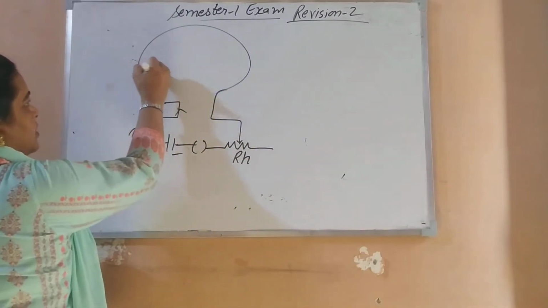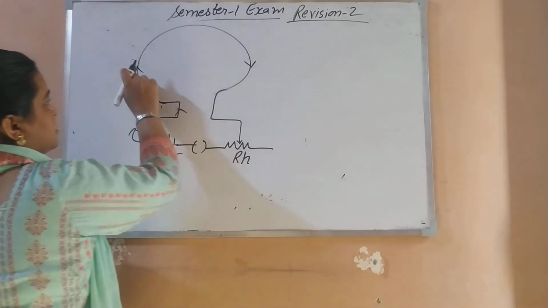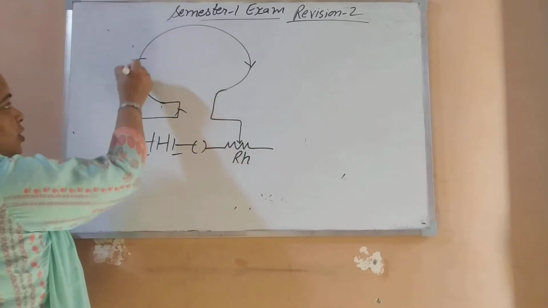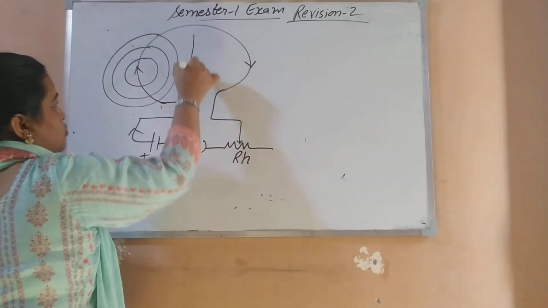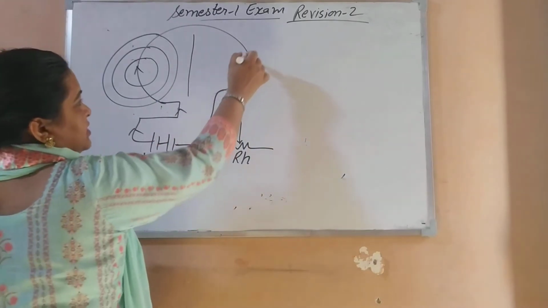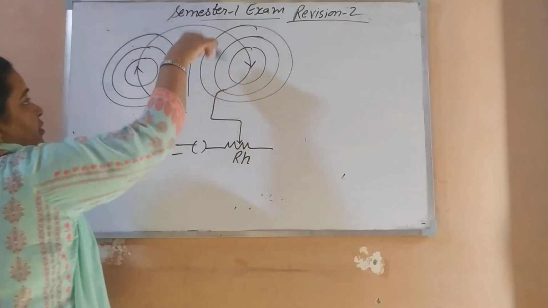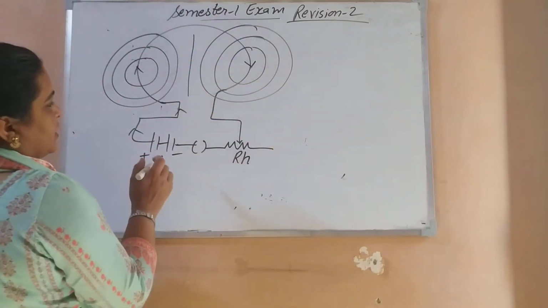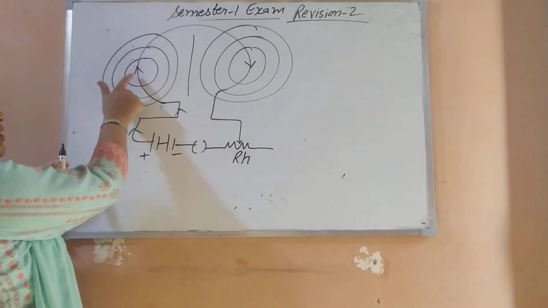In this arm, at every point the direction of current changes in a loop, and here we are showing it going up. According to the right hand rule, concentric circles are formed. As they reach the center, it becomes straight. Similarly here, circles are formed. Here also we are showing the current direction at only two points. See, this current is going up in this arm, on this side.